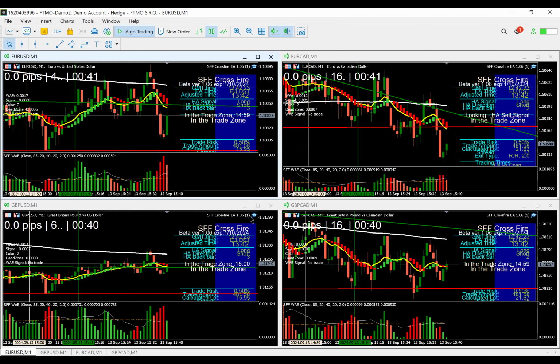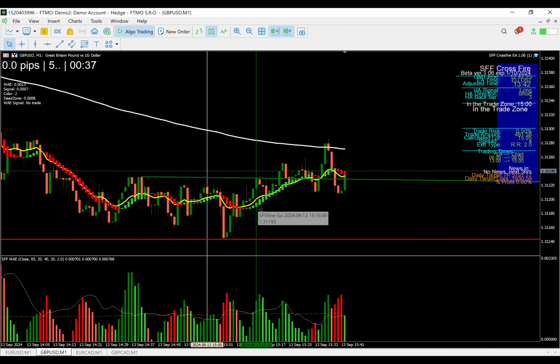On this one, it says the same in the trade zone, but we're not looking for buys or sells because we're just barely outside. Yeah, we've just gone above the green. So any minute now, that'll change to looking for a buy signal. So we'll be above the green trend line. That's number one. We're looking for buys, but we can't